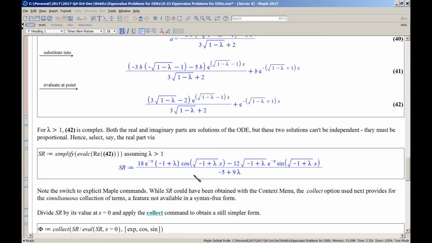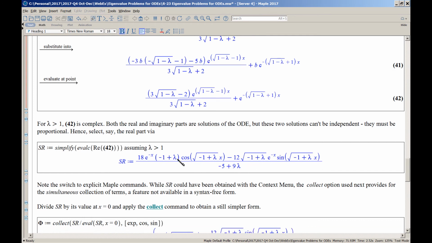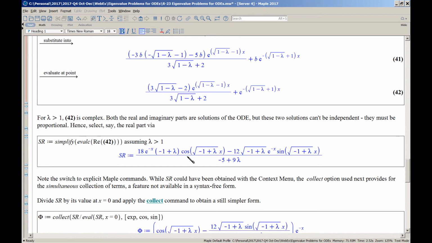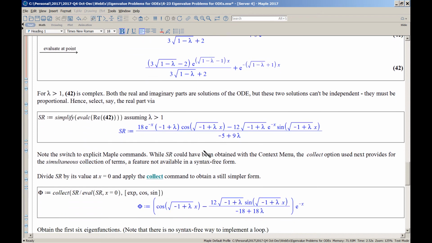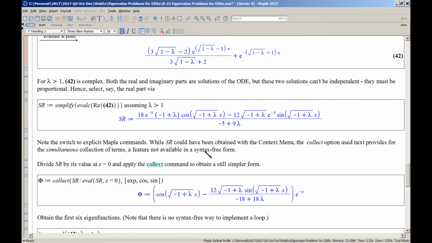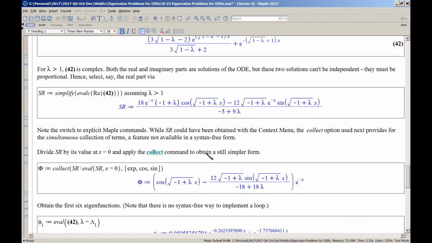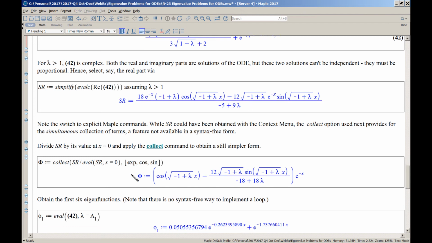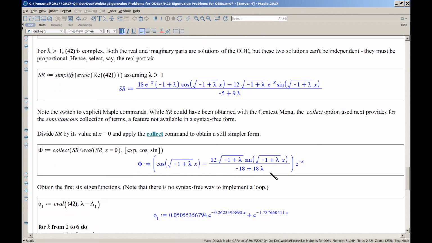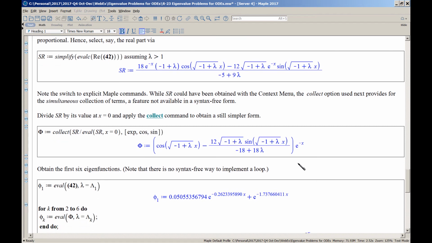Alright, so here is an expression. It's got sines and cosines. Lambda greater than 1, this is what an eigenfunction is going to look like. Can we do better? Well, why don't we normalize this by dividing by its value at x equals 0. You know what I mean? You're determining the solution up to an arbitrary multiplier, so this is a normalization. Well, this is a little bit smaller, a little bit shorter. And remember,